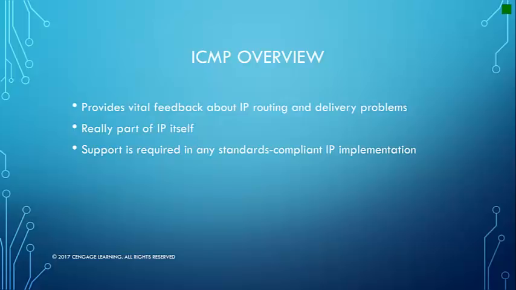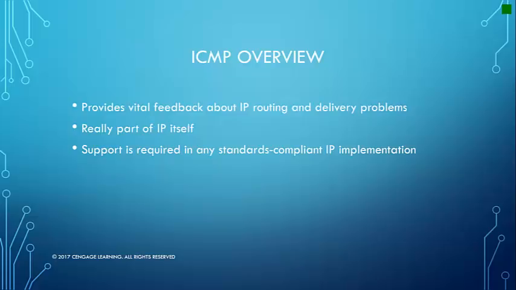Although ICMP messages fall within various well-documented types and behave as a separate protocol at the TCP/IP network layer, ICMP is really part of IP itself, and its support is required in any standard compliant IP